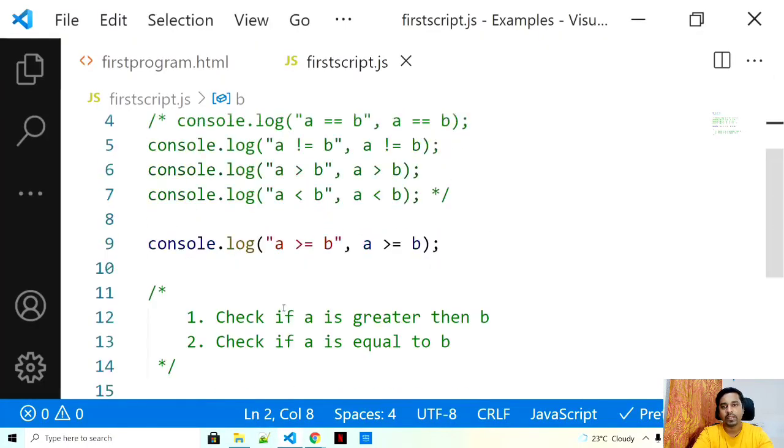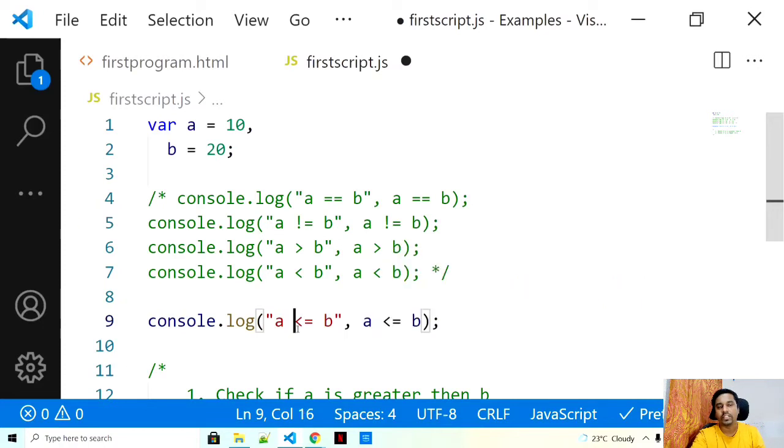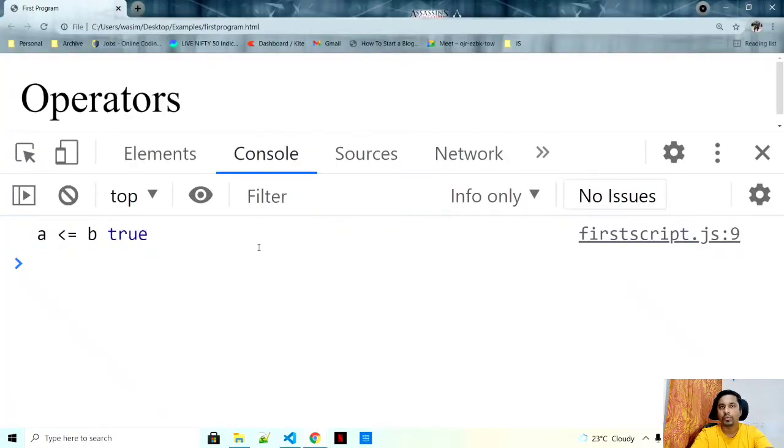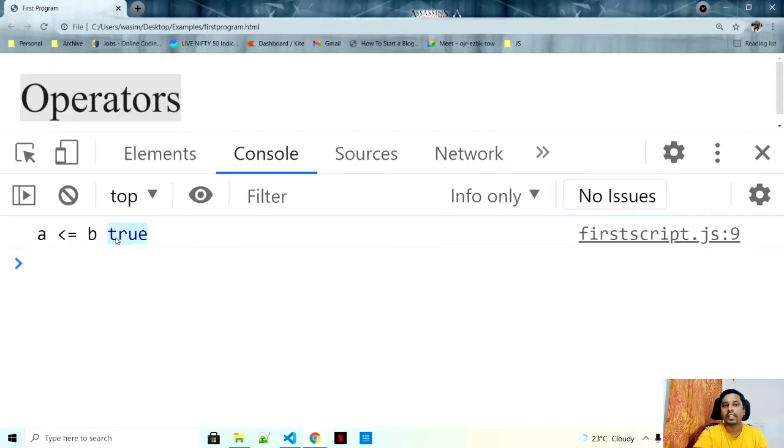Okay. And last but not the least, we also have less than or equal to. So what do you think the answer would be now? I'm not going to change any value. 10 is less than B. Yes, it is correct. And again it will check for the second value as well. Is 10 equal to B? No. But out of both evaluations, the first one is correct. 10 is less than 20. So if I just do a refresh, my output would be true. Easy. So these were all comparison operators.